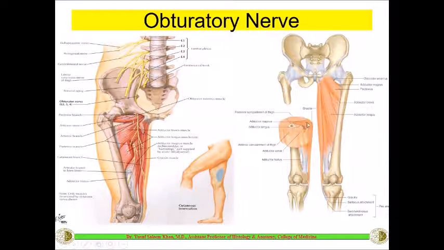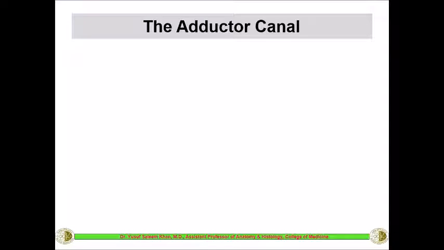And here you can see this is the cross section of the thigh, and this is the medial compartment, and this is the gracilis muscle, which I was talking about, the most medial muscle. This is the gracilis muscle which crosses the knee joint and gets inserted to the medial side of the tibia. So these are the other muscles of the adductor compartment. This is the adductor longus, brevis, and behind will be the adductor magnus, and here you can see the pectineus, and here will be the obturator externus, which cannot be seen clearly in this picture, but here you can see this is the obturator externus. So this is about the muscles of the adductor compartment as well as the nerve supplying the adductor compartment.